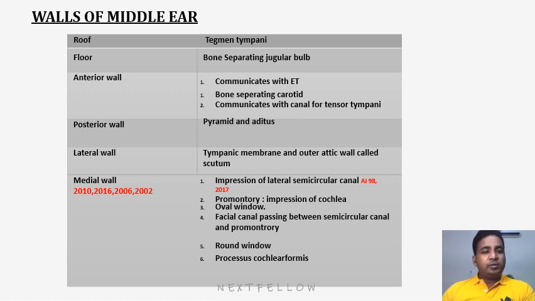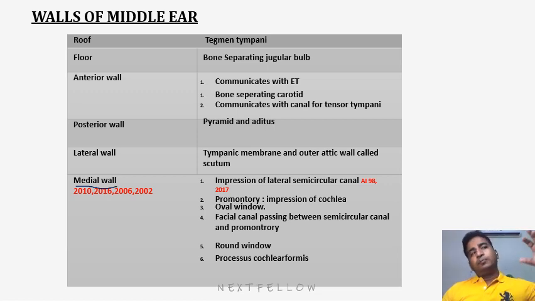So this is a table of what we have discussed. In the floor there is a bone separating the jugular bulb. Anteriorly, superiormost is the canal for tensor tympani, then comes the eustachian tube, and lower down comes the bone separating the carotid artery. The posterior wall we have discussed above is the aditus, then comes the pyramid, and then comes the chorda tympani also. Lateral wall, we know the tympanic membrane is there, and the medial wall, again very important, is asked multiple times in the